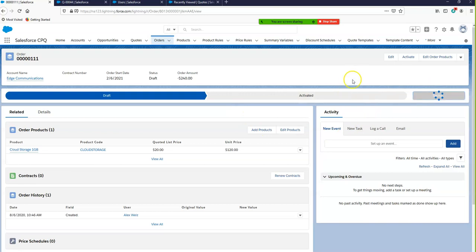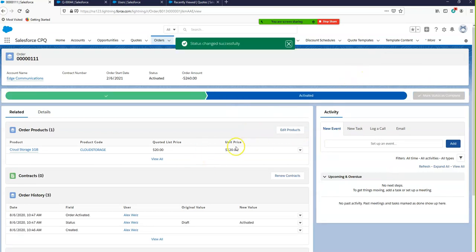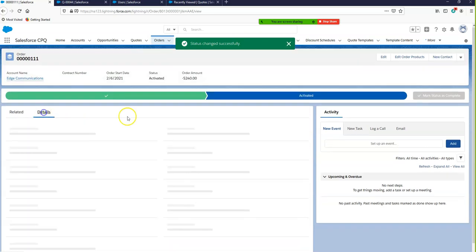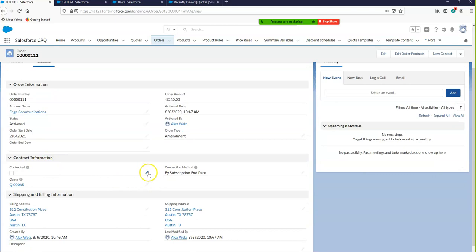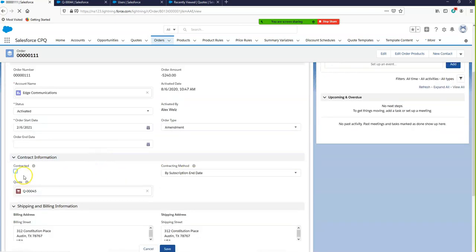And you see that this is almost exactly what we went through before. So the exact same steps. Okay. Now, the big difference is when I click contracted,